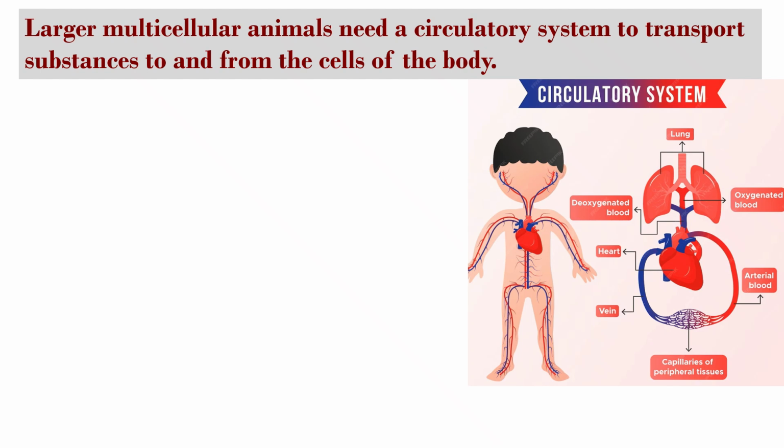This circulatory system is made of the heart and the blood vessels where the blood moves. This is the heart, and these are the blood vessels where the blood moves, and the blood which flows through